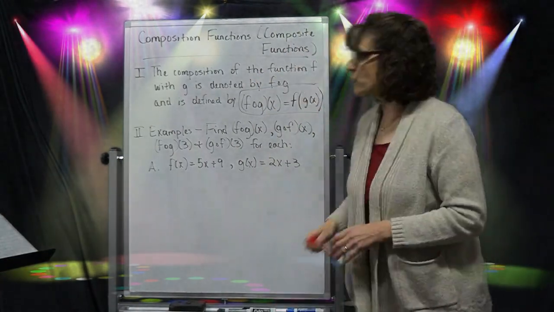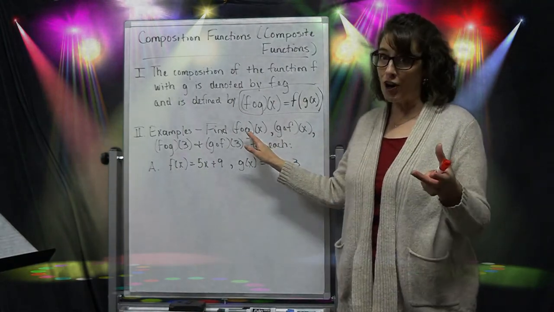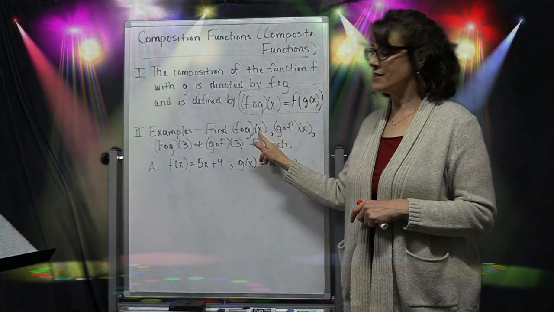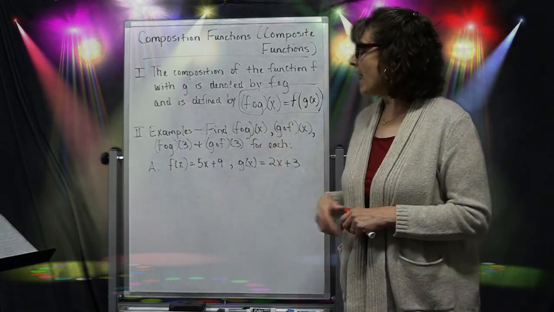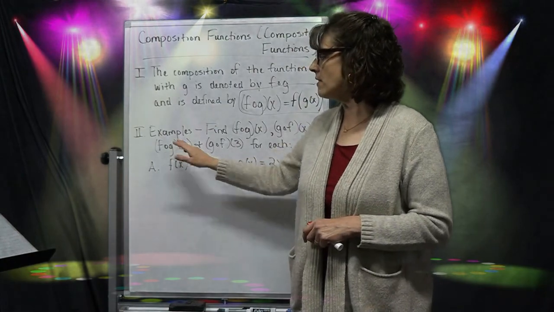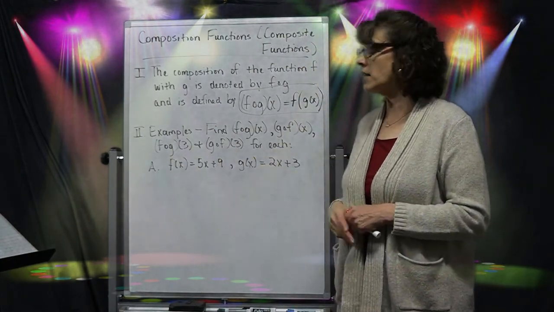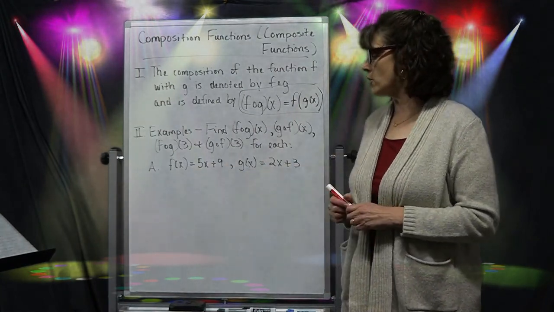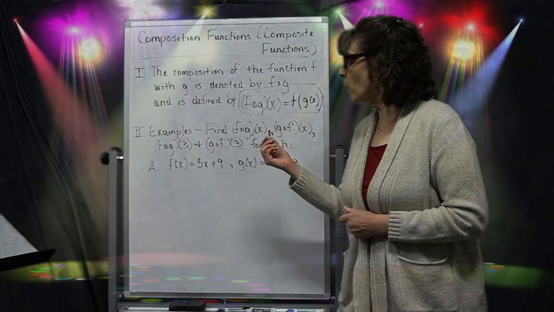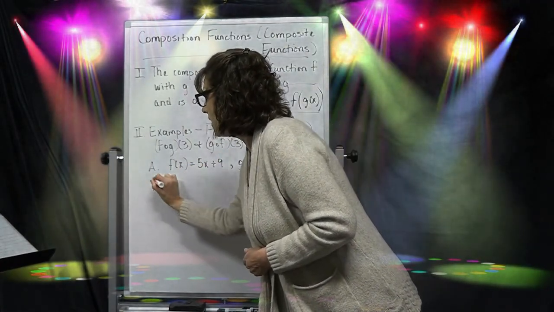So I've got 3 examples that we're going to be looking at. In each of these examples, we're going to get our f∘g, our f of g of x. We're going to get our g∘f, our g of f of x. And then we're going to take our f of g of x and evaluate it for 3, and take our g of f of x and evaluate it for 3 as well. So in this first example, here's my f function, here's my g function. So in order to find my f∘g, my f of g of x,